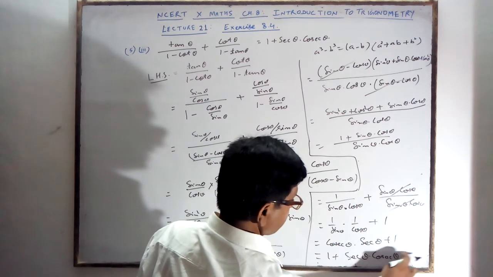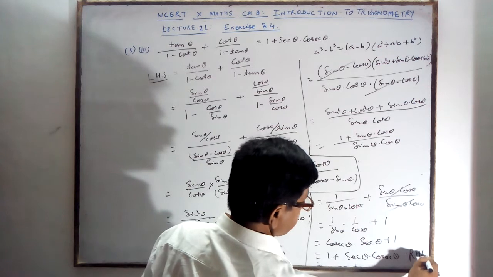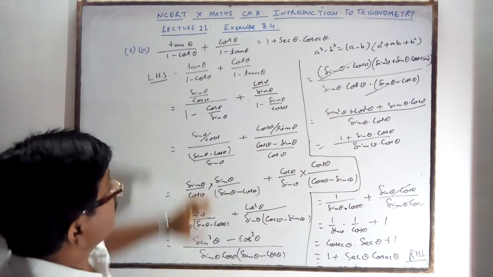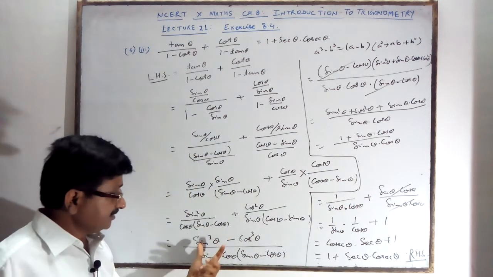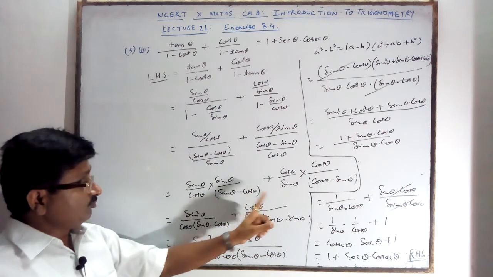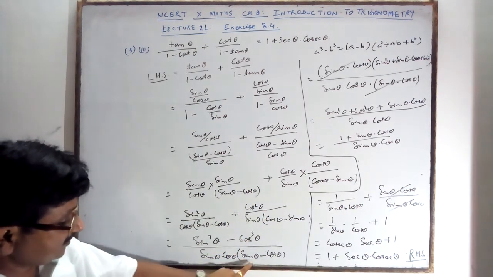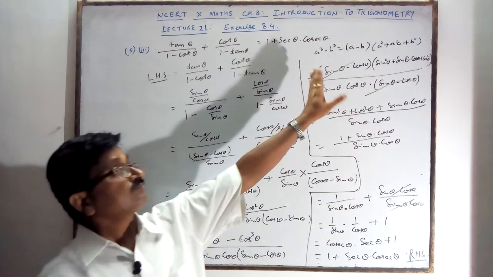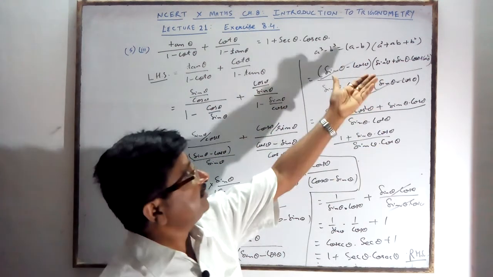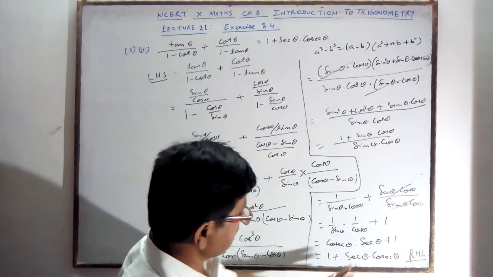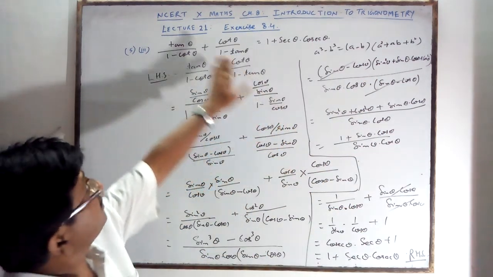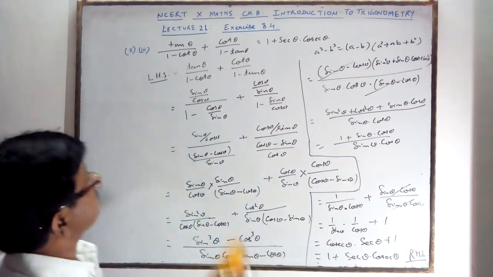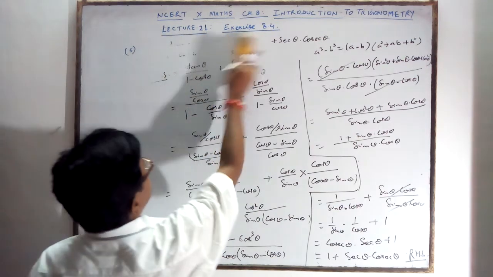It is your RHS. Hence proved. You are seeing it is RHS. Very simple question. How are you solving? Sin cos LCM, here you are taking LCM. Why here did my plus sign change into minus? Because of sin minus cos, here cos minus sin. Then a cube minus b cube, how will you factorize by the identity? And then like this you are getting question number 1. This part RHS, separate it. You are getting this.